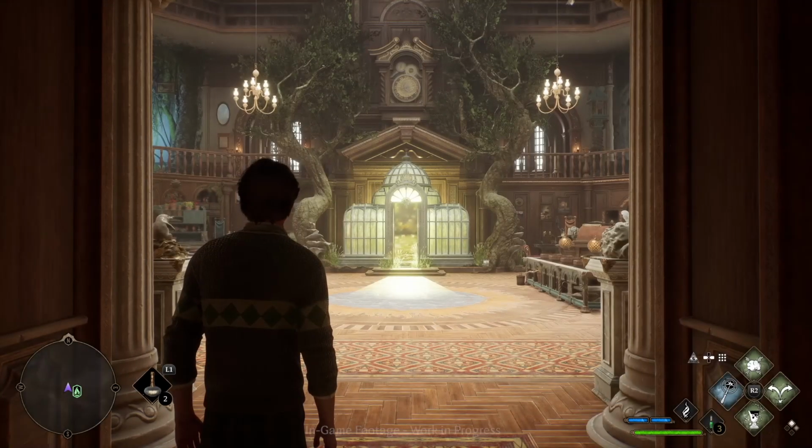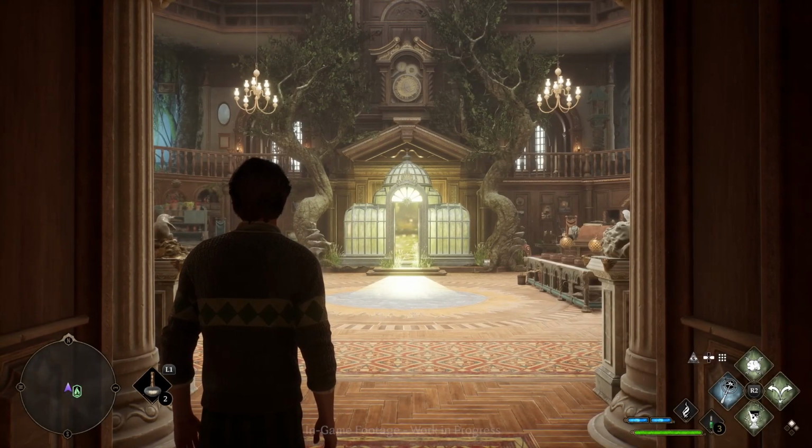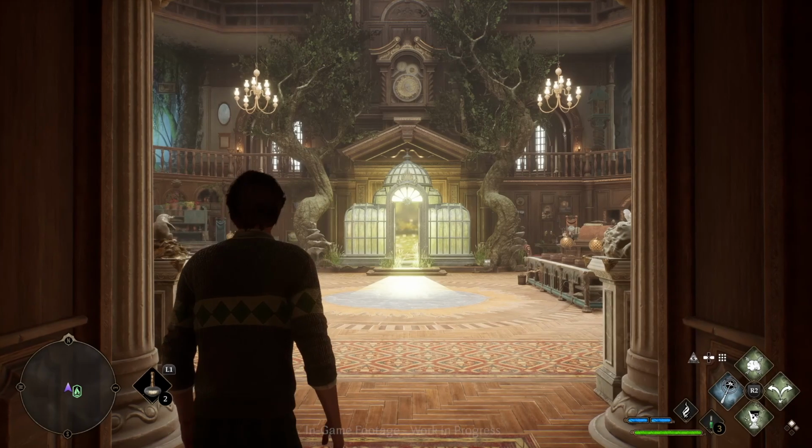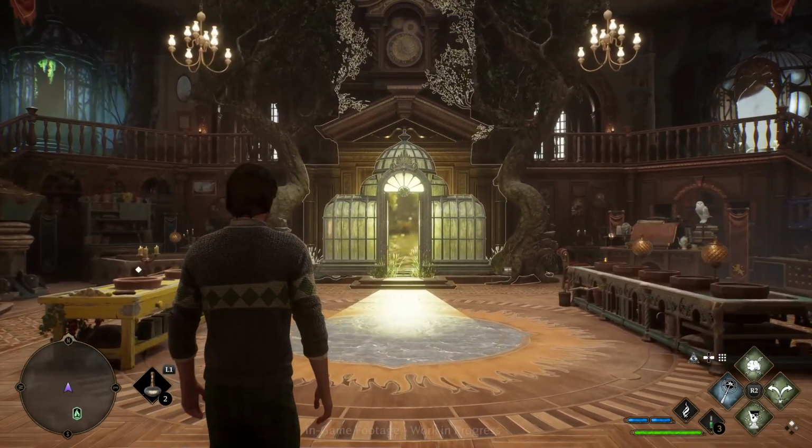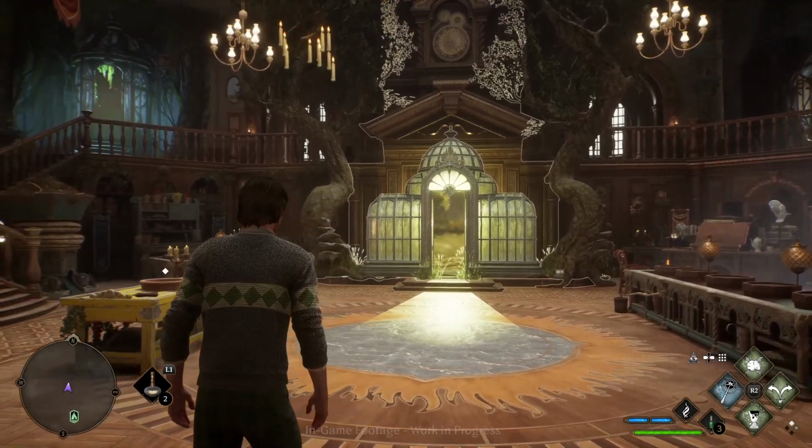Andrew's got us in the Room of Requirement. We kind of went casual mode on the outfit here, wearing a nice jumper. And I think that's a good jumping off point for